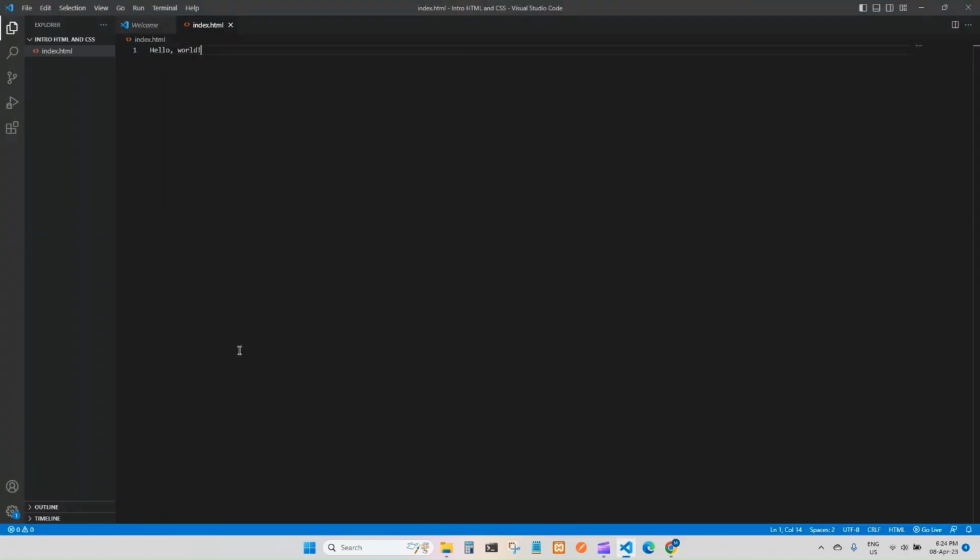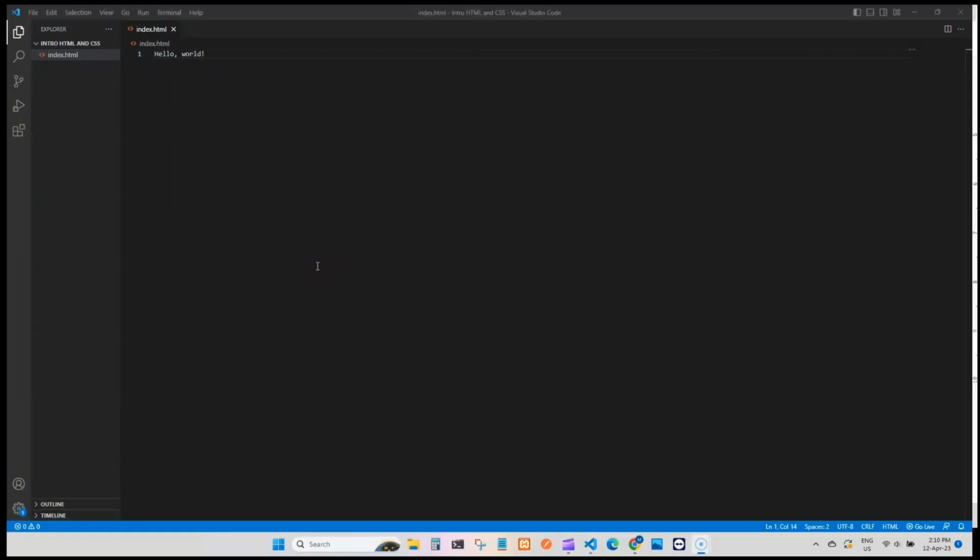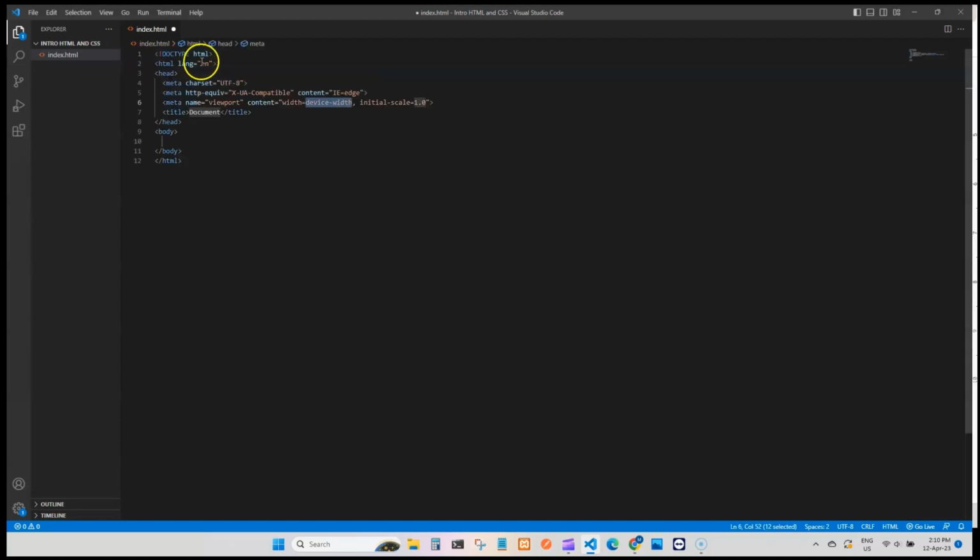So you've written your first web page, but you're going to want it to do a lot more than just text. So let's make it pretty. In order to connect things, you have to put in what they call a boilerplate. So just type in an exclamation mark, and it's the very first one. Just press enter. This gives you the default code for an HTML file. And we also have to add a link to the CSS file, which we'll add later, but we'll add the link there. It's link rel equals stylesheet